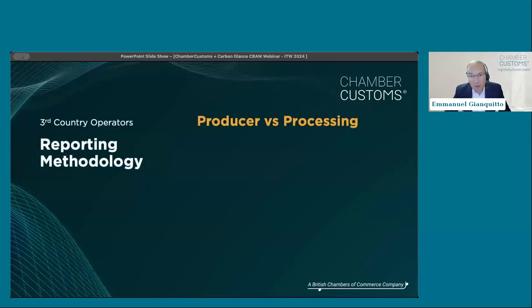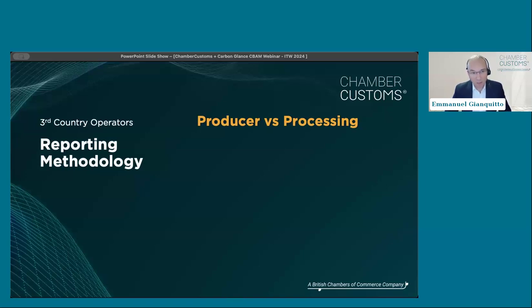Right. So Liam mentioned a reporting methodology. One of the things that we believe strongly in is compliance. So Chamber Customer Service, as a company of the BCC, is very much compliance led. We don't believe that it's enough to just provide a set of numbers.